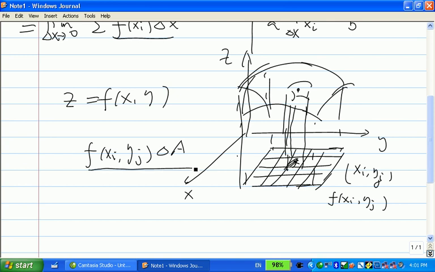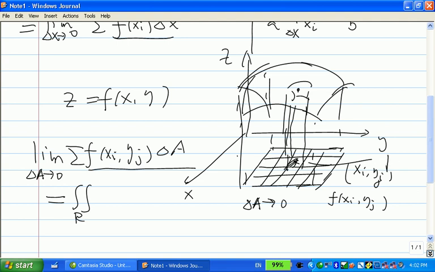So this number will give you the volume of this rectangular box. Adding all of them together gives you an approximation for the volume under the surface. This approximation is going to get better and better if delta A, the area of this rectangle, goes to 0. Therefore, if you take a limit, with delta A going to 0, this will give you the volume under the surface, which is the definition of